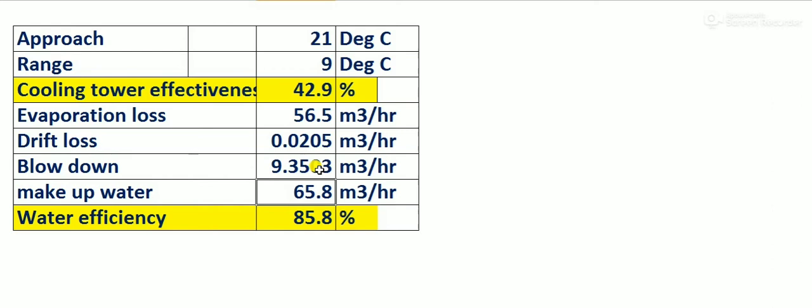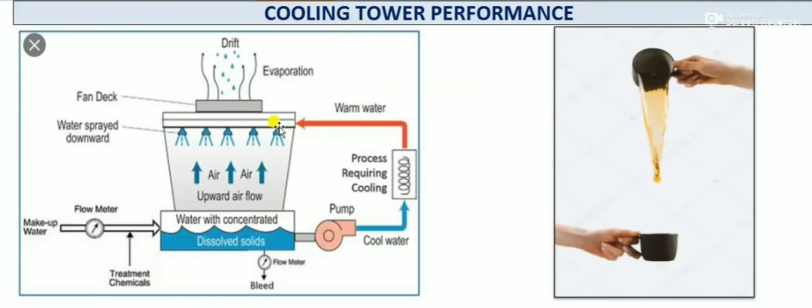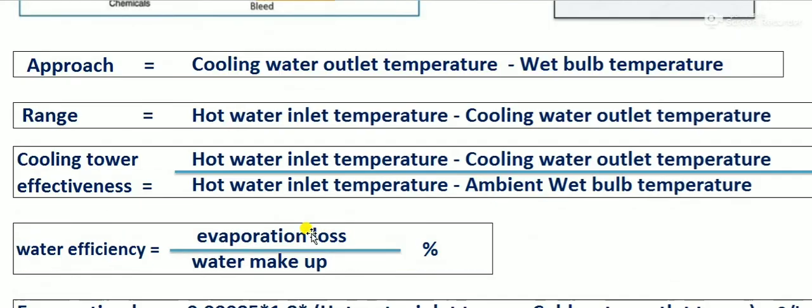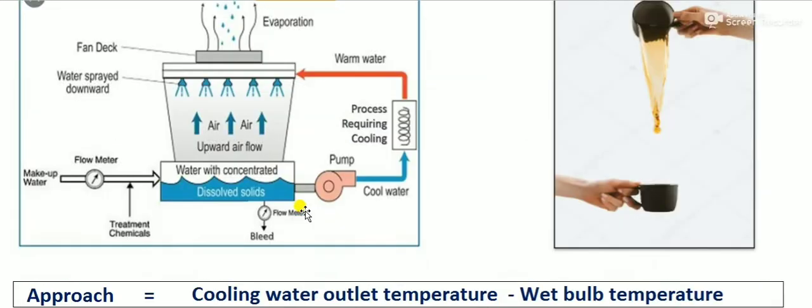And circulation rate, if you want to reduce it, will not affect your exchanger performance, means you can reduce the circulation rate, and by that also we can reduce the water loss. And if you reduce the circulation rate, definitely your cold water temperature will be getting higher.